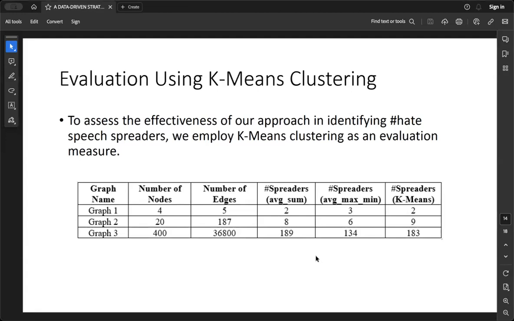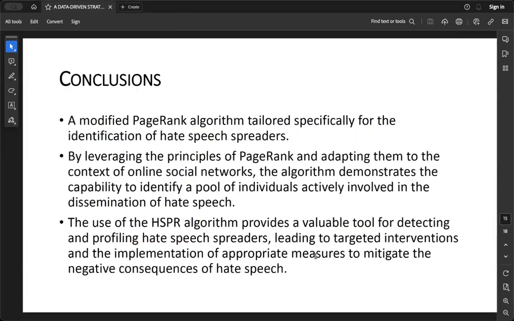to give. So to conclude, we can say that we designed a modified PageRank algorithm to help find spreaders of hate speech on a social network. And the experimental result shows the effectiveness of the proposed approach. But our work does not stop here because throughout the entire experimentation, we realized that there were a lot of challenges that we faced. And so that helped us to understand the future directions of this project.